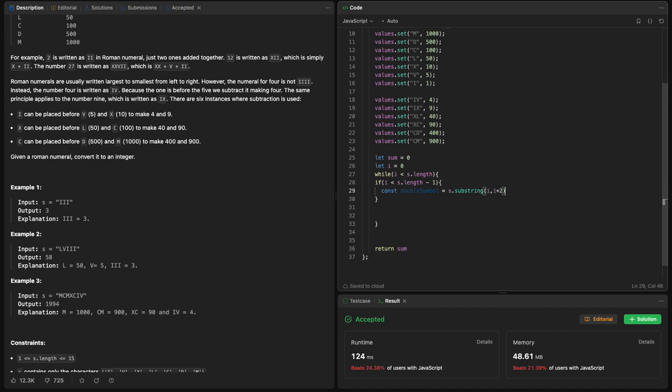And if the value that has this double symbol